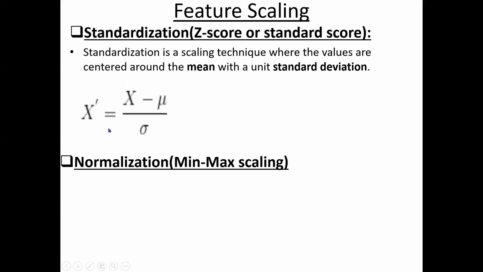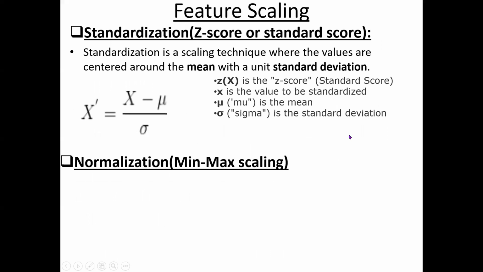This is the formula for standardization. Here x bar is equal to x minus mu divided by sigma. What is this x? X is nothing but the age. For example, for the first row, age is 44, but you are calculating the new age x bar. X bar is the new age, x is the original age in the first row. Mu is the mean, that is the average value, and sigma is the standard deviation. Similarly, for the second sample, you consider the second age and second new age. Third sample, third age, third new age. Like this, you can compute for all the rows.